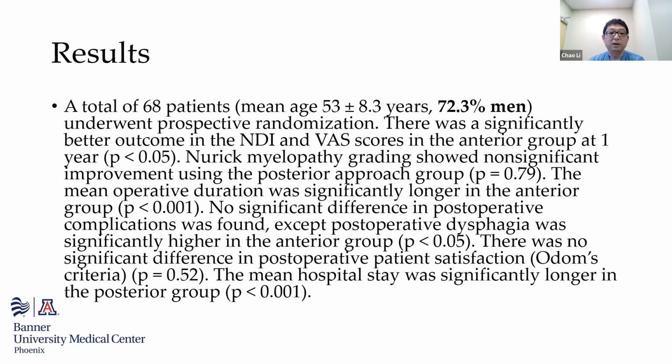So there is a significant difference in NDI and VAS scores in the anterior groups, which is statistically significant. But for neuritic myelopathy grade, there are no differences between approaches. And of course, you can see that the mean operating duration is significantly longer in the anterior approaches, but there's